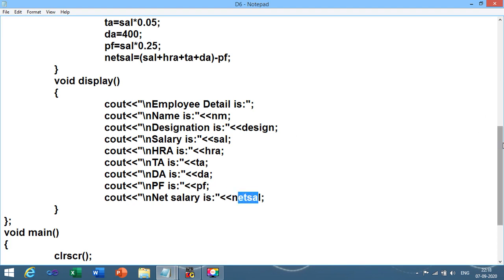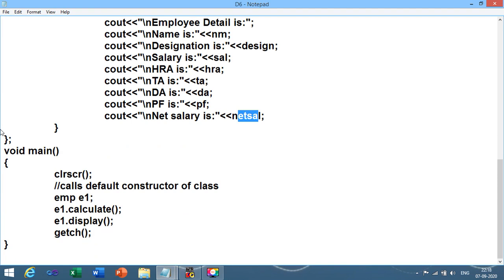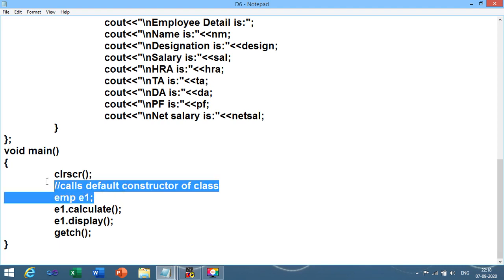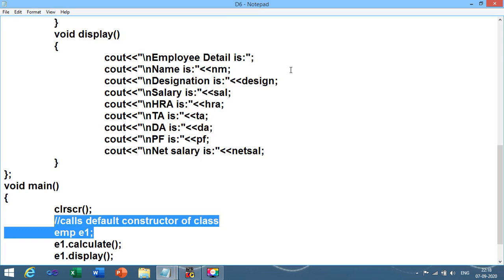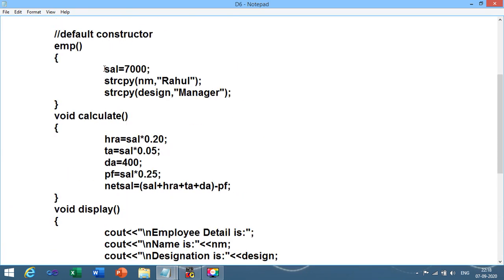Now we just need to create the object of the employee class, E1. When I create the object of the employee class, it will automatically call the default constructor of the class, and it will initialize the values of the salary, name and designation variables.